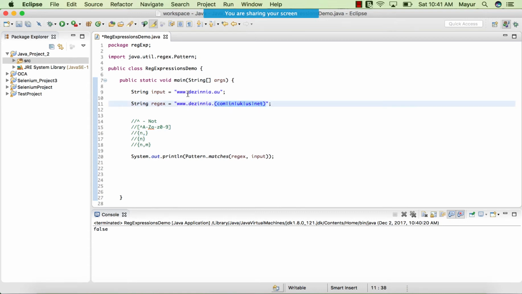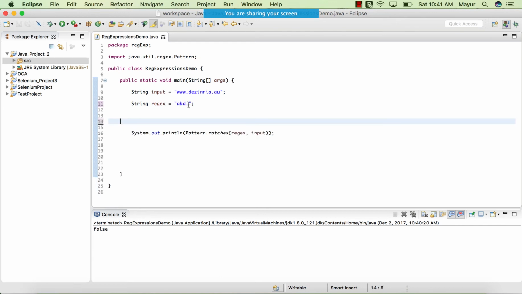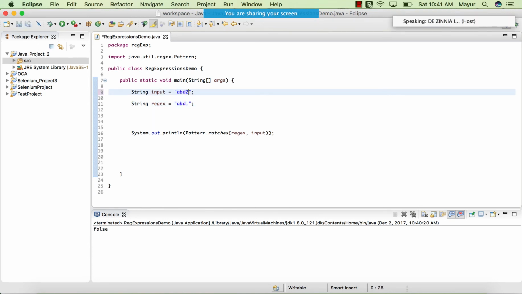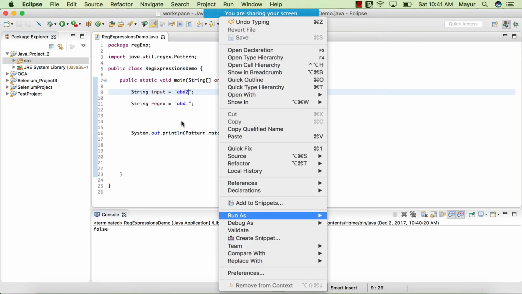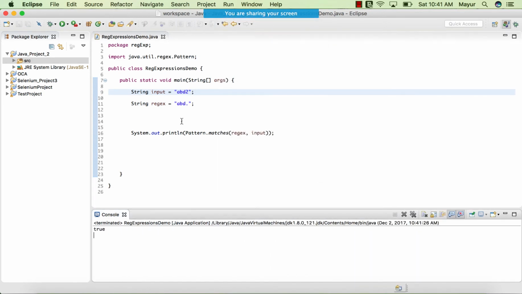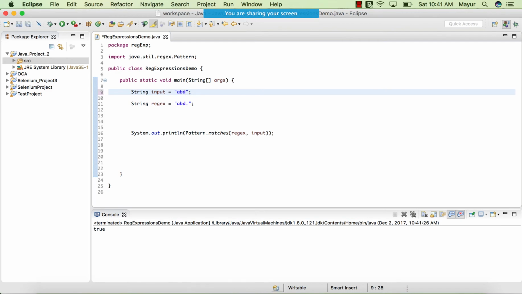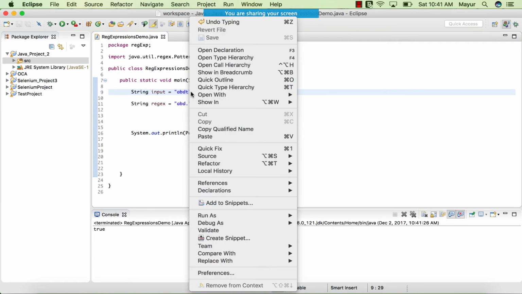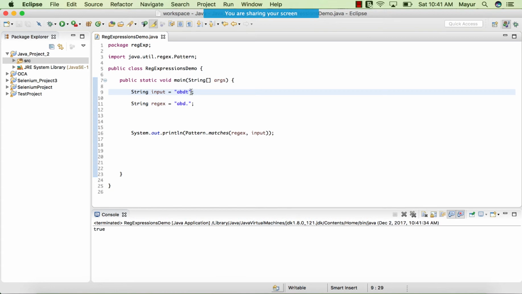So the next part is, let's start with characters like say ABC and this dot. Let's start with dot. So what this dot means is, dot represents any single character in the world, any character or special character or digit or anything. So this ABD can represent ABD2, that's fine. It'll say yes, no issues. It can represent ABDT, it's fine. It can represent ABD hash,